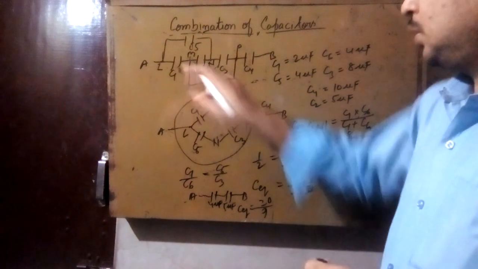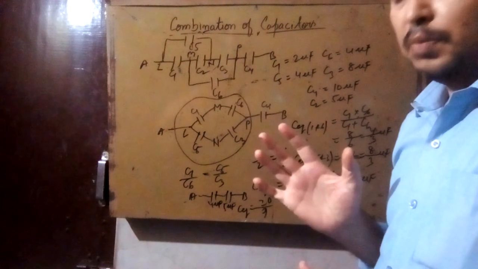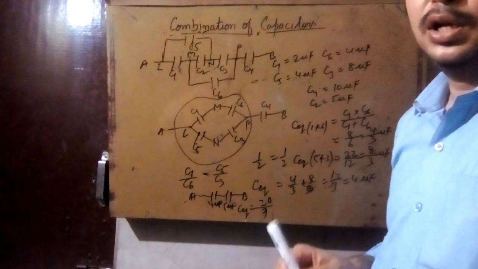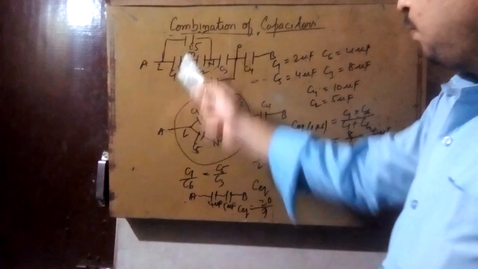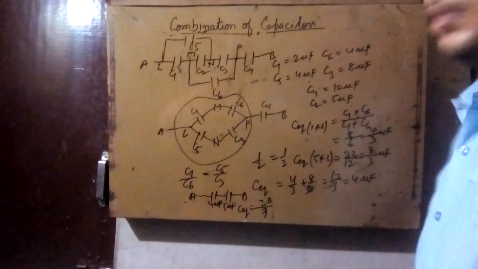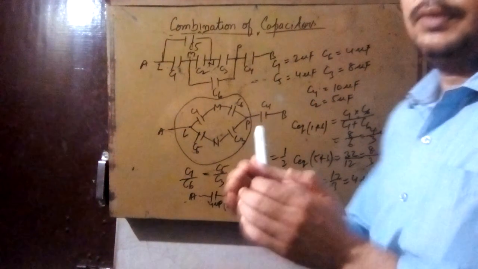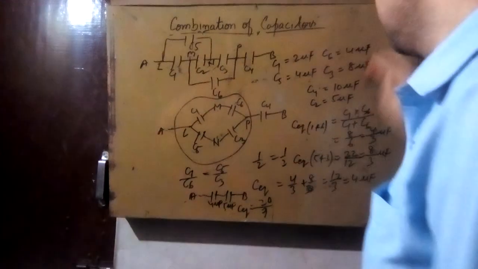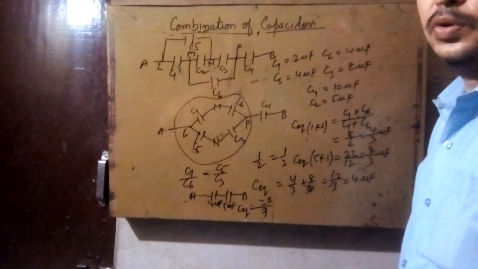So in this type of question where 5 capacitors are given, the picture must come in your mind that this combination is related to the Wheatstone bridge, and according to that there are two conditions. If this by this is equal to this by this, then you have to neglect this one and then solve the circuit. If this by this is not equal to this by this, then you have to use Kirchhoff's law, that we will discuss in the next chapter. You can pause the screen, and if you want to note it down, you can note it down.